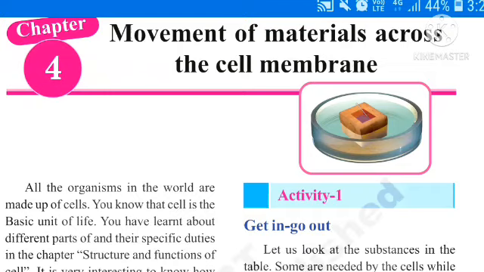Remember, these are specific characteristics of the cell membrane. What are those? See, first one, impermeable: do not pass through the membrane. Permeable: passes through the membrane. Semi-permeable: it passes solvent molecules but prevents the passage of solutes. Selectively permeable: the membrane allows the passage of solvent and some selected solutes. Remember these four points.